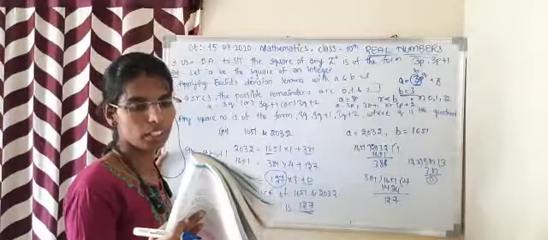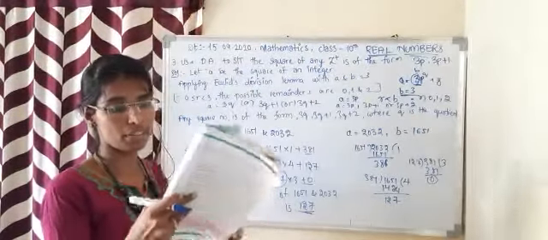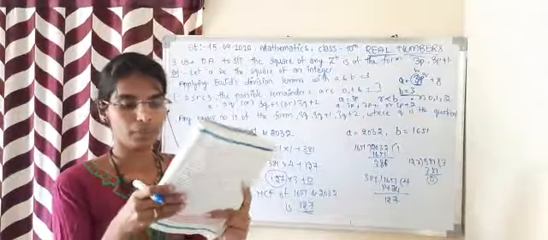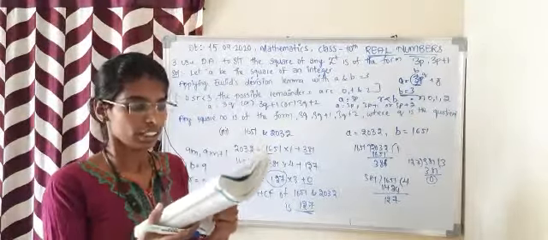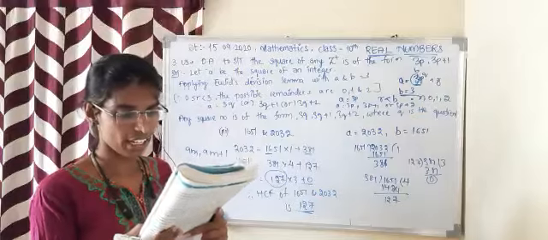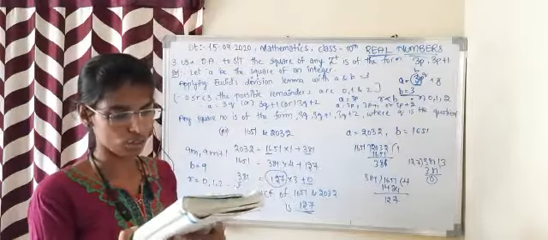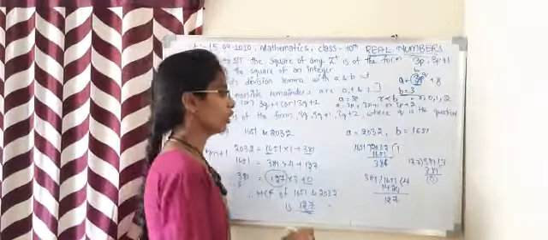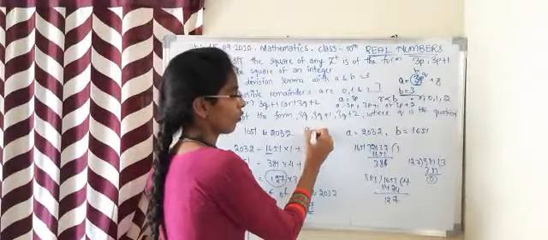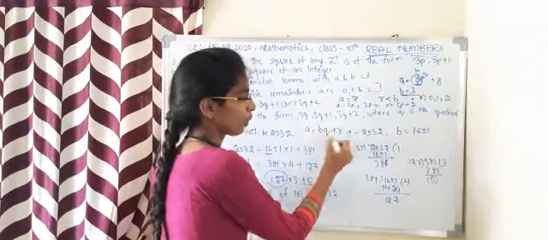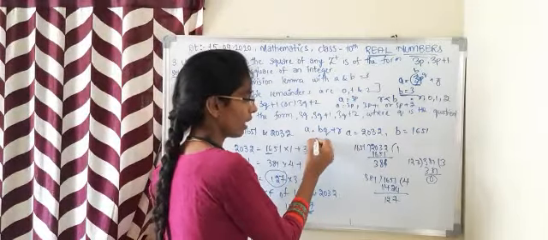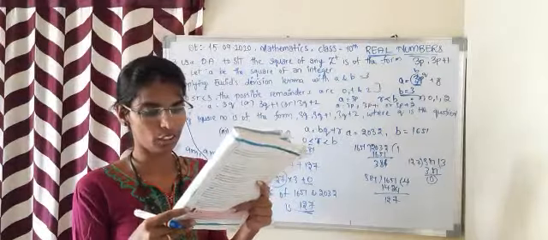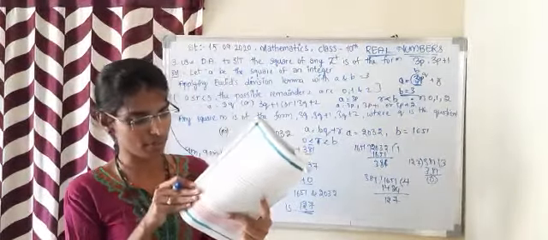Okay, we know from Euclid's division lemma that for positive integers a and b, there exists a unique pair of integers q and r satisfying a = bq + r, where 0 ≤ r < b. We have already seen about Euclid's division lemma, where it is in the form a = bq + r, where the r value should be between 0 and less than b. Okay. From the above discussion, you might have concluded that if a is divisible by b, then